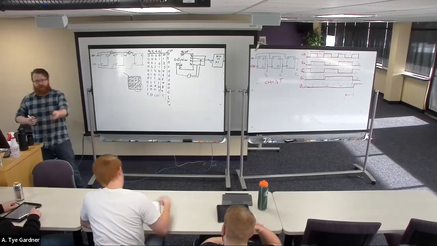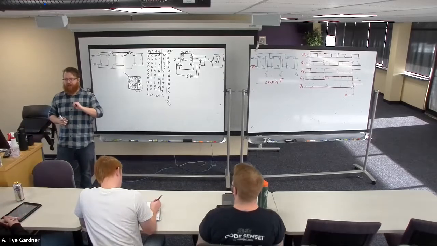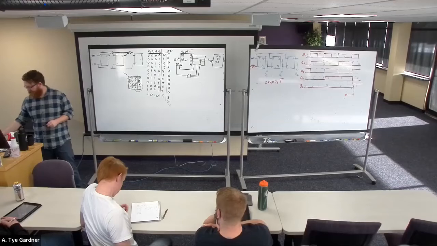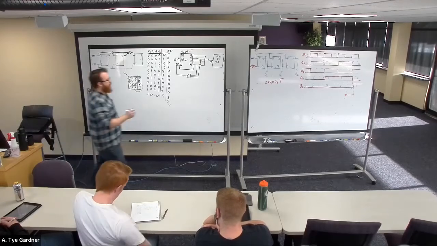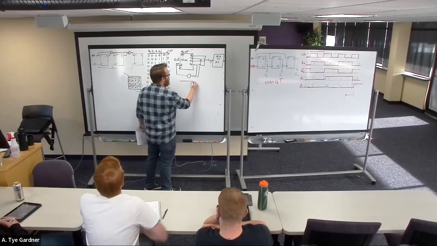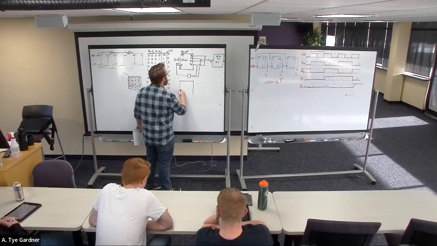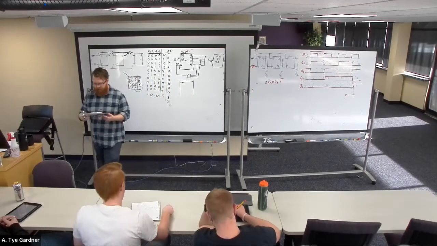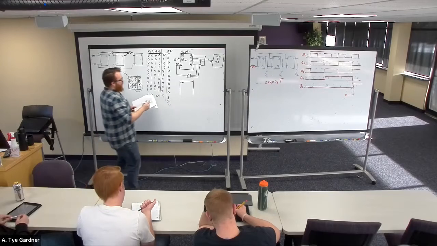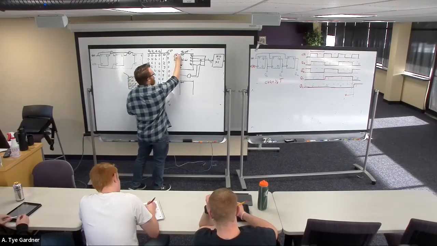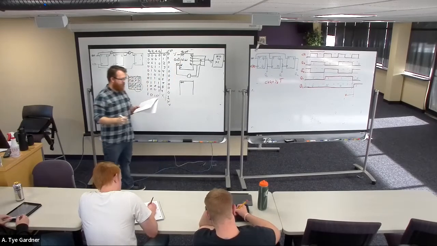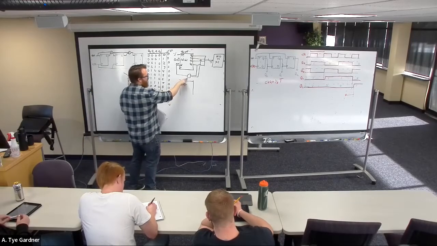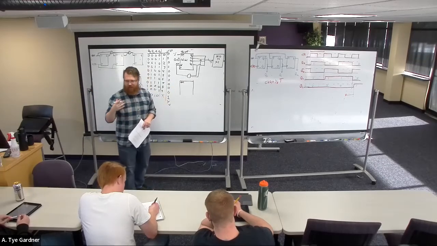Well, let's say we want to do 2 digits because we have 2 digits on our board, right? How do we build a 2-digit counter out of this? Well, it turns out, let's just use the same concept where there's going to be an enable, and let's just assume it's on for the moment. We're just going to say, let's always count. Well, what happens on this one is at the same time that I'm going to reset,